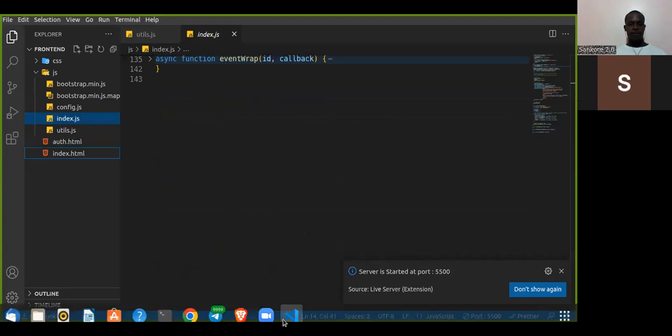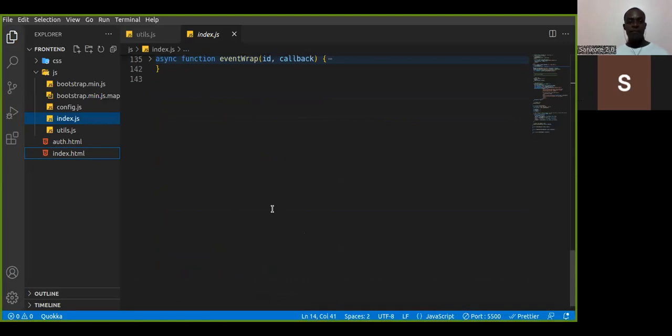Okay, so that is basically the code. Now I've shared a GitHub repository for this code. So just in case you missed anything, you can always get back there and just look through the whole project